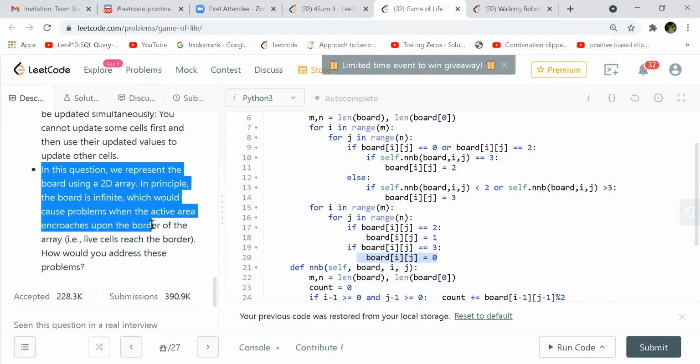Then you work on it. Now you will have a list or a different data structure which will have a pair of X and Y. The X and Y will be the coordinates on the board, and they will represent the value of that particular coordinate as 1 if ones are lesser. So we'll have to take a call there. If the board is sparse with fewer ones, then we go that route, and if we have more ones, then we go for the zeros. Then we do our calculations based on that.